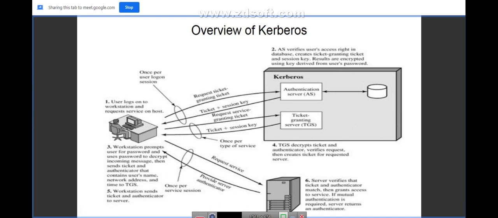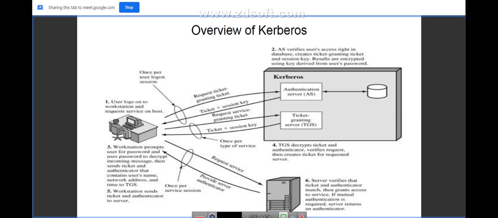You can see here, now again a ticket. This time this ticket is different from the first ticket. The first ticket, sent by the AS, was the TGT, and now the ticket sent by the KDC is the TGS, that is the ticket granting service ticket, using which the client can directly approach the server. So this is the TGS plus again a session key, a session key which could be used between client and server this time.